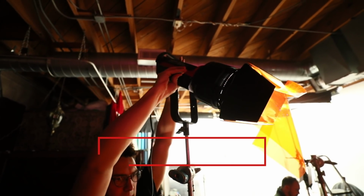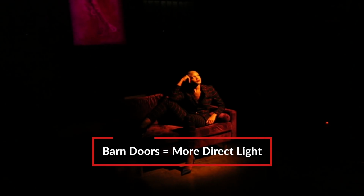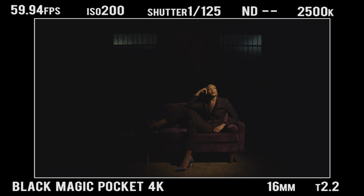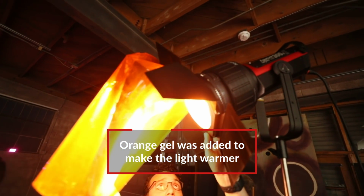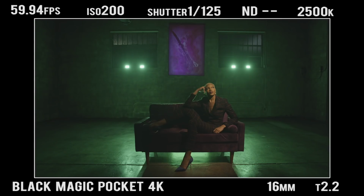The other thing that the Fresnel mount is great for is mounting the barn doors. So with the barn doors, we were able to close it up so that there wasn't too much spillage on the floor, but it was all concentrated on our model and on the couch. We put a full CTO and then a half CTO gel, which is color temperature orange gel, to change the light, make it a little bit more orange, so that we could get a really, really cool color contrast happening